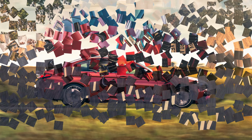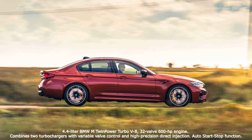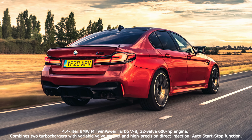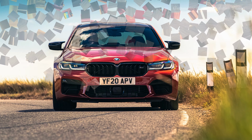With a twin-turbo V8 that churns out up to 617 horsepower, the 2021 BMW M5 deserves a more explicit classification than mere sports sedan. Although based on the normal 5 Series and sharing an equally elegant interior, the mighty Beamer is transformed by the company's high-performance M division. BMW freshens up the 2021 M5 with a larger grille, restyled front and rear bumpers, and